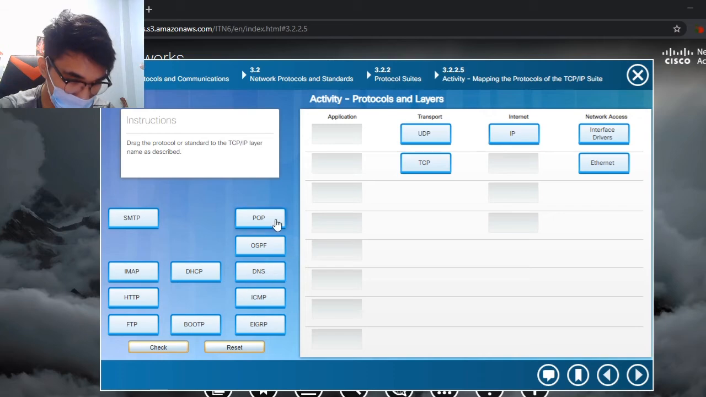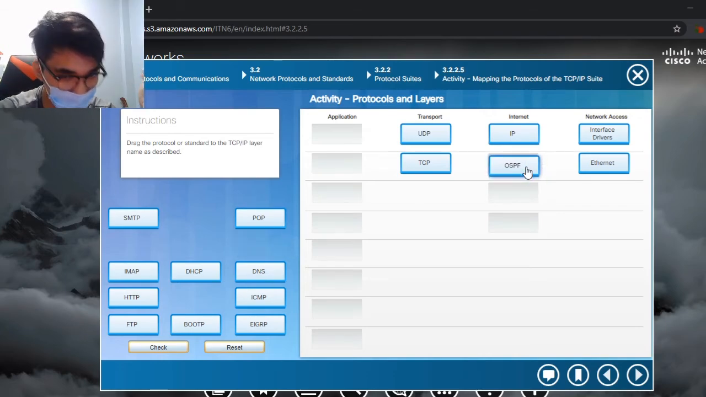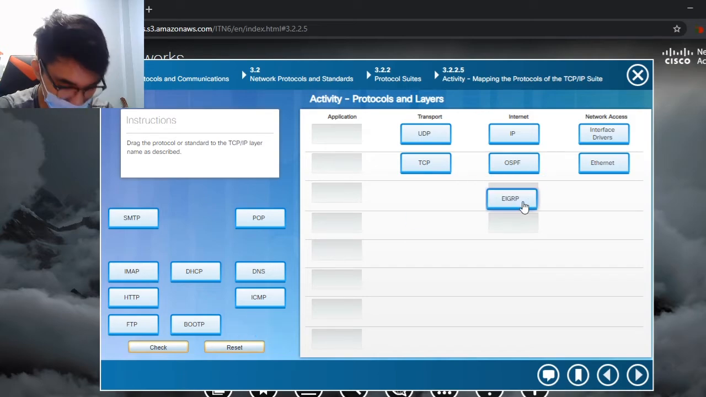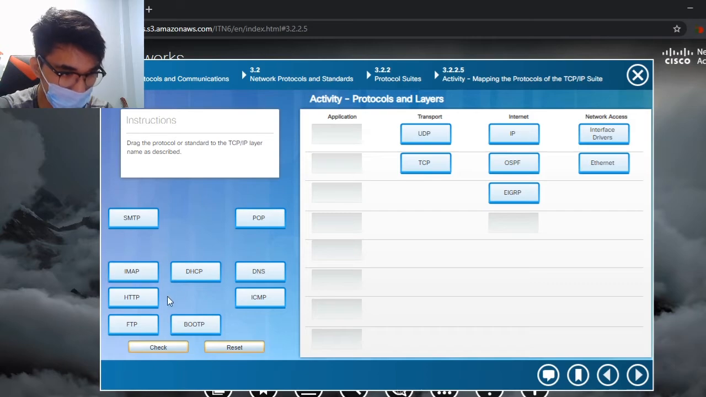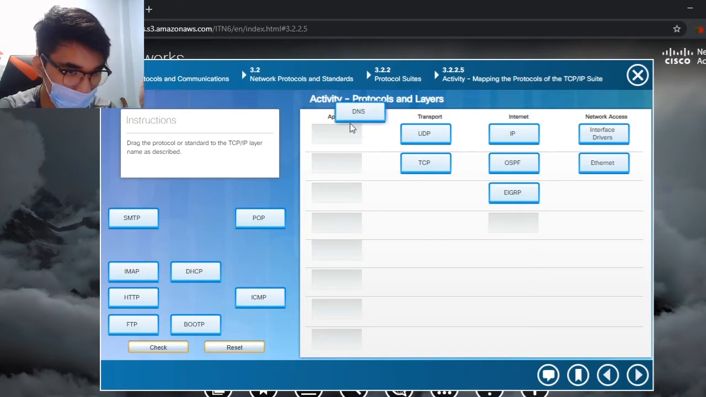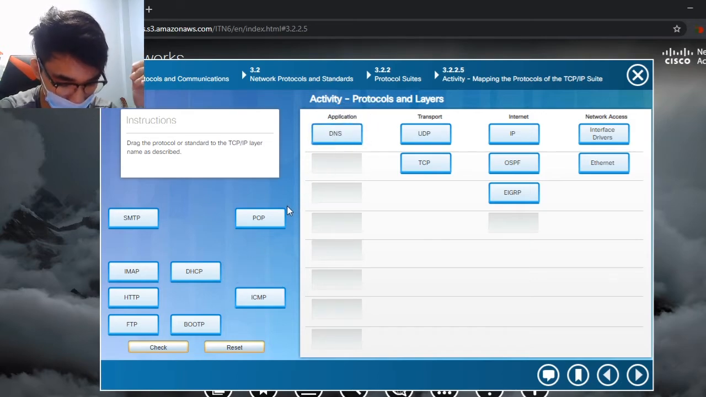Then the open shortest path first, then air gap, then other stuff like NAT. But first, let's go for the application layer, the DNS or the domain name system, then the